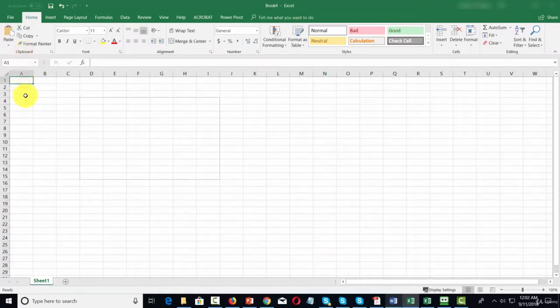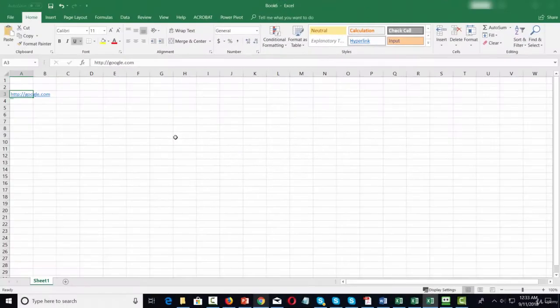You can place your cursor inside of a particular cell, and you can paste whatever you've copied into the clipboard. So for example, we will then hit Control V, which is typically what you would use for the paste command. And you can then use any of the other text manipulation commands that you would use in the other document